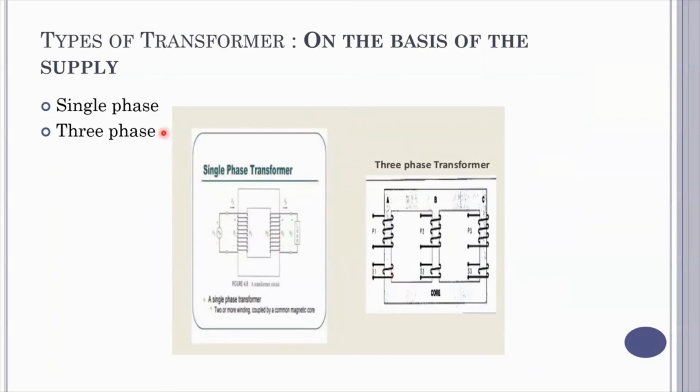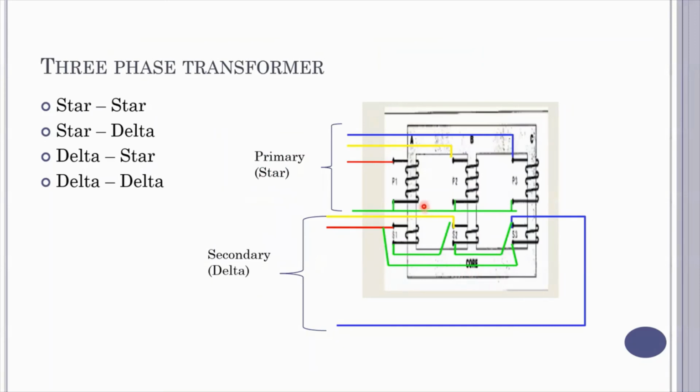And based on the type of supply, we categorize the transformer as a single phase transformer. So you could see only one set, I call it one set, one primary, one secondary. So I call it one set of windings. But here you could see two sets of windings in case of a three-phase transformer. And depending on how the three windings are connected, we categorize the three-phase transformer as star-star, star-delta, delta-star, and delta-delta. So as you could see here, R, Y, B,